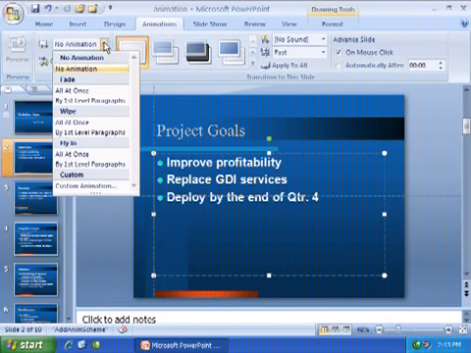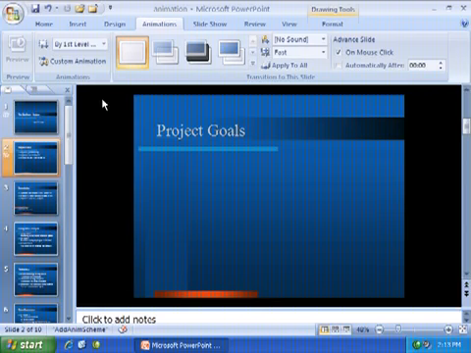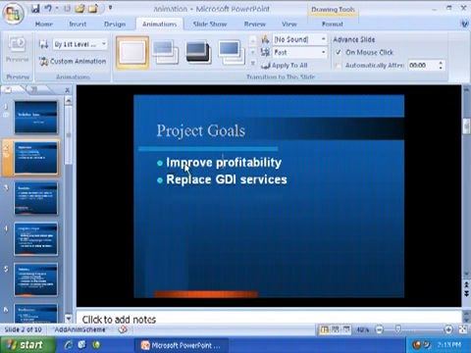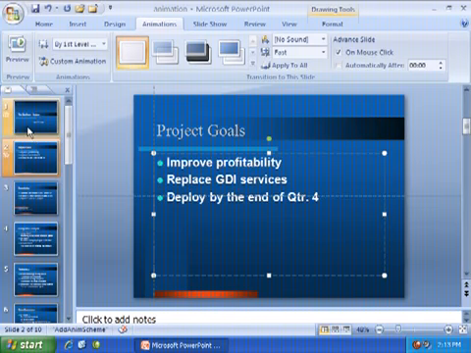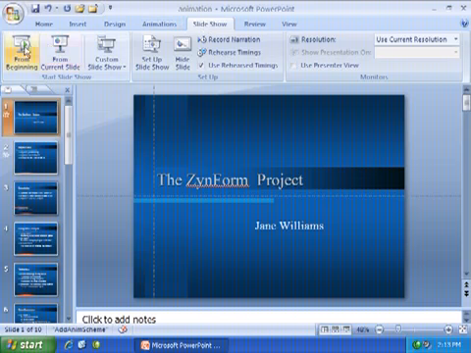So under Animation, I'm going to say Fade by First Level Paragraphs. And notice what's happened here is we have bullet 1, then bullet 2, and then bullet 3. So as I'm talking about a slide, each one of these will come in one by one and basically have a nice effect. So let's go over to the Slideshow tab, and we're going to view the first 2 slides,